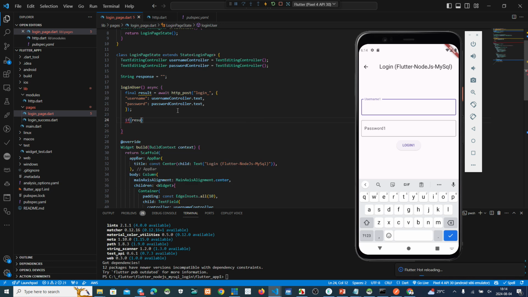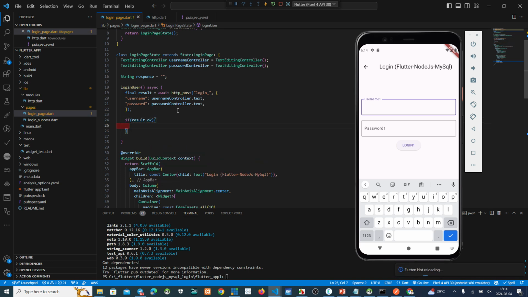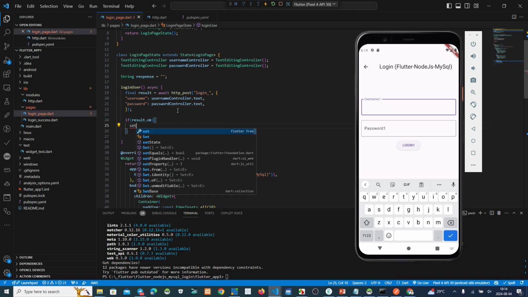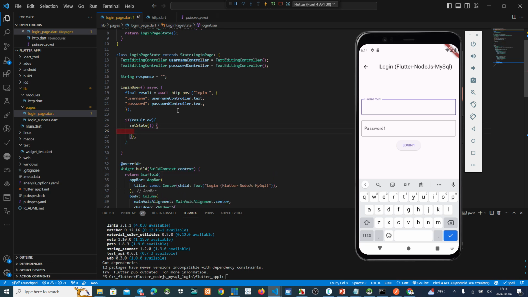Okay, so if the result is okay, set state, set, where is it, set state. Okay, string.